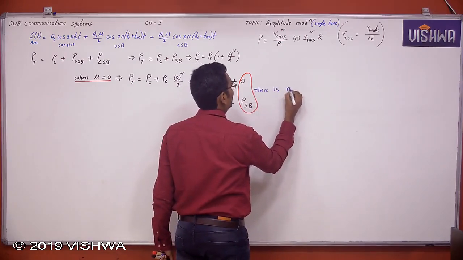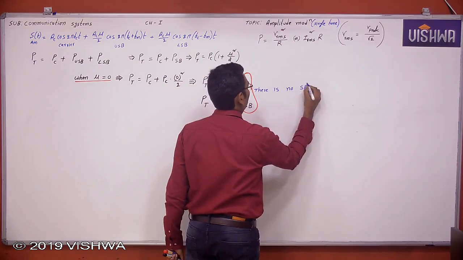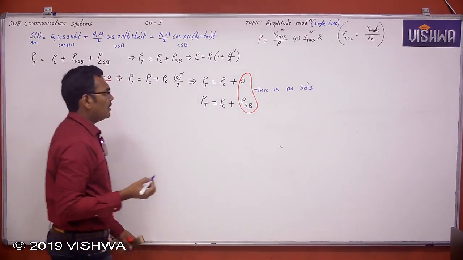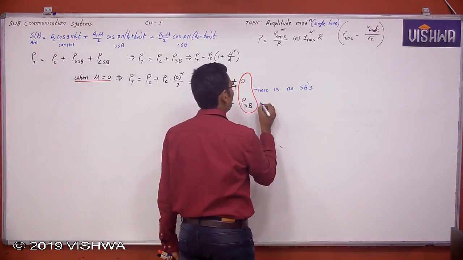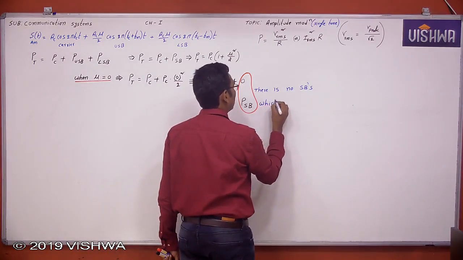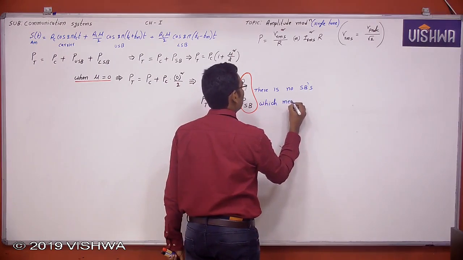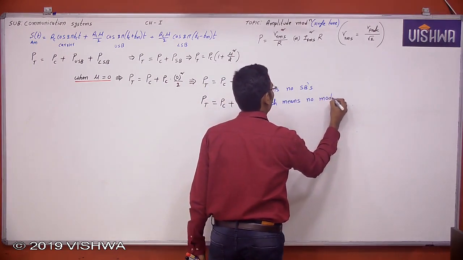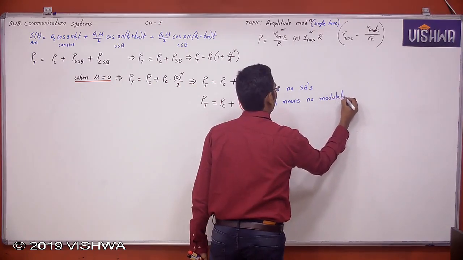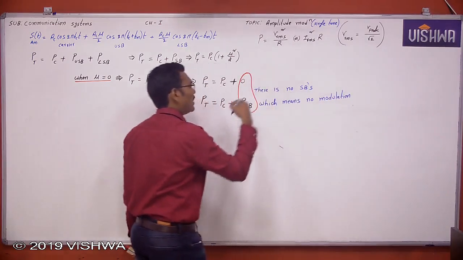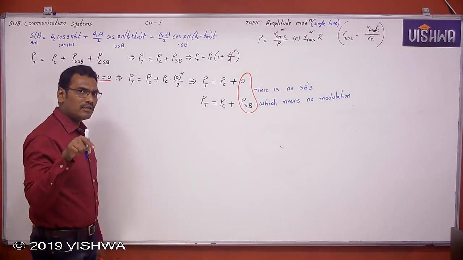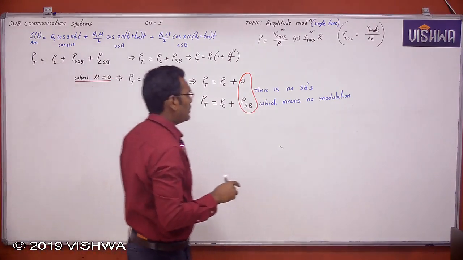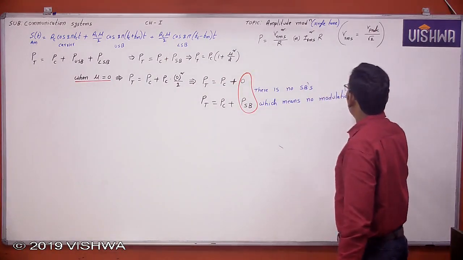There are no sidebands when the modulation index equals 0. If there are no sidebands, which means no modulation. There is no modulation if there is no sideband. If there is no sideband, the modulation index equals 0. That is the reason why, therefore,